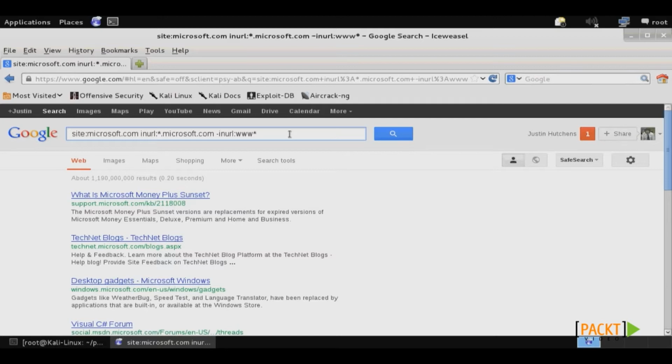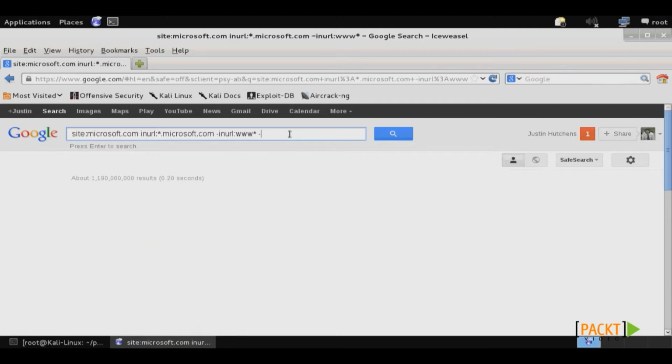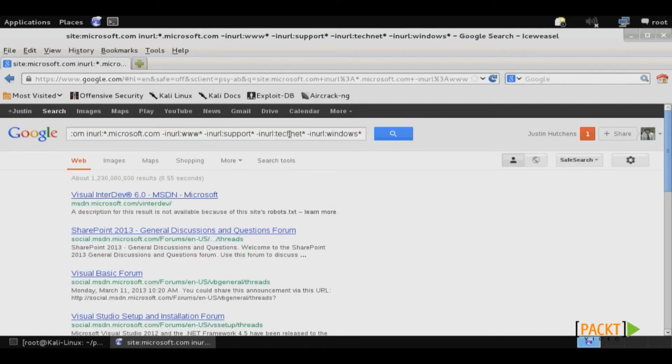So to continue enumerating without further instances of these same subdomains, we want to eliminate them from the results. So to do this, we'll use -inurl:support*, so that'll remove any results that begin with the word support. Then inurl:technet*, and then inurl:windows*. So we'll do that for each of our different subdomains so that we can continue to enumerate new results. And then, as you can see, we get more: msdn.microsoft.com,